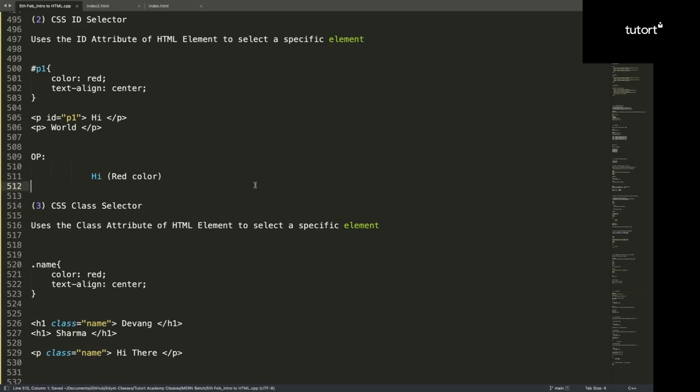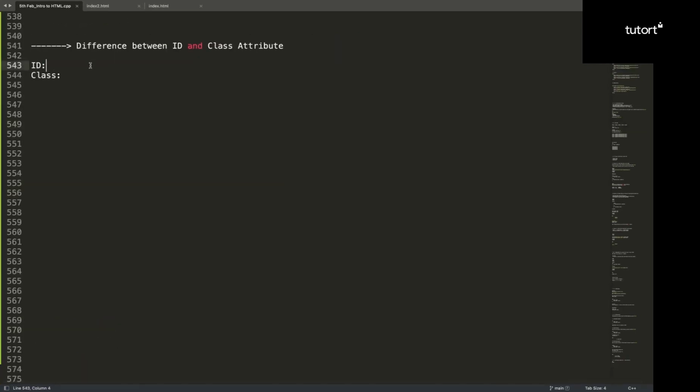Cool, guys. I think enough time. Let's discuss the solution. By this time, I believe everybody should have noticed. ID is equal to just P1 here, but class is name here also, class is name here also. So what is the difference? The difference is class can be used for multiple elements. ID is specific to one element. ID is unique. Okay. ID is specific to one element